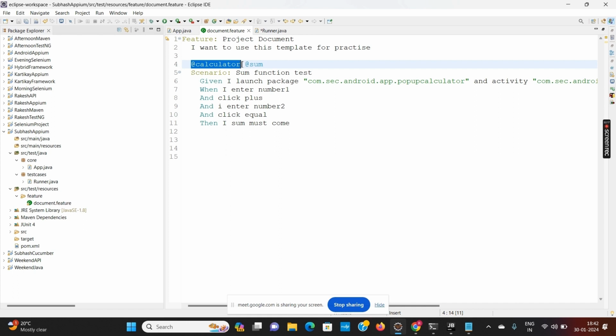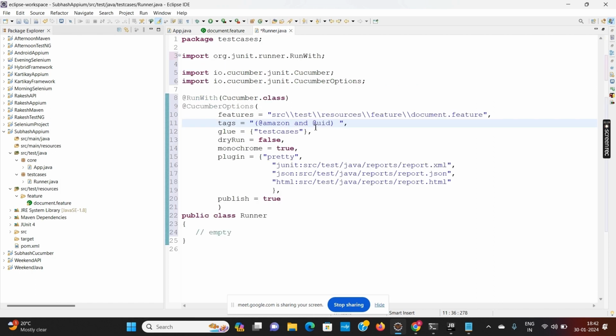Even if you use @calculator, because I have written only one scenario, it will search for @calculator and execute it. So no need to write the sum. Sum we only require when we are writing more annotations and want to filter and run only that one.